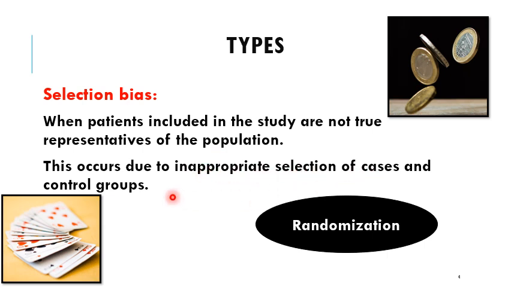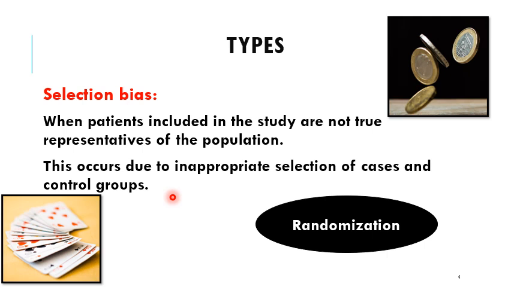Let's understand it by the example of split mouth trials. By split mouth trials we mean that in the same patient we want to evaluate the difference between two treatment modalities. For example, we have similar types of defects in right side maxillary teeth and left side maxillary teeth. On the right side we are using graft A and on the left side we are using graft B. So this will eliminate all the errors related to host response because the person is the same.